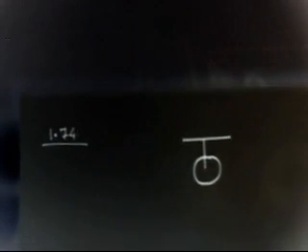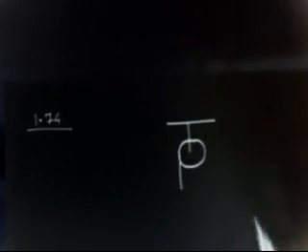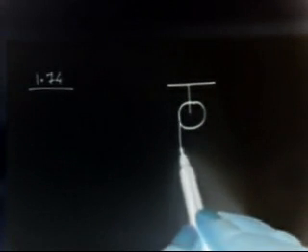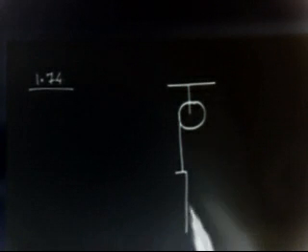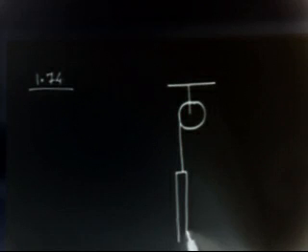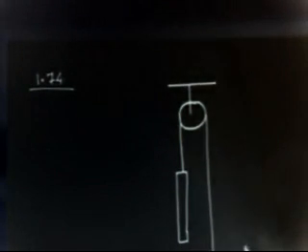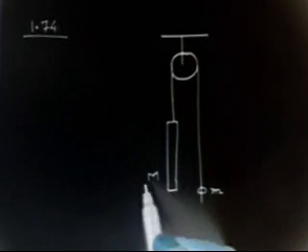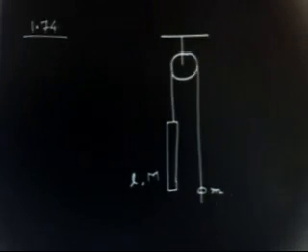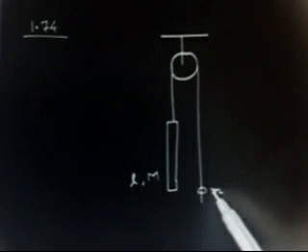Okay, let us discuss problem number 1.74. So let me first make the diagram. If you've tried this one at home, this is quite an interesting problem. On this side you have a rope and there is a mass m, and this rod has a mass of M and length L, and there is a friction force between this mass